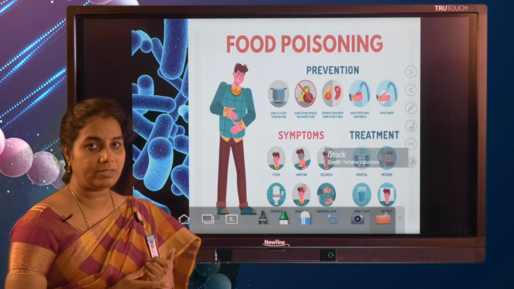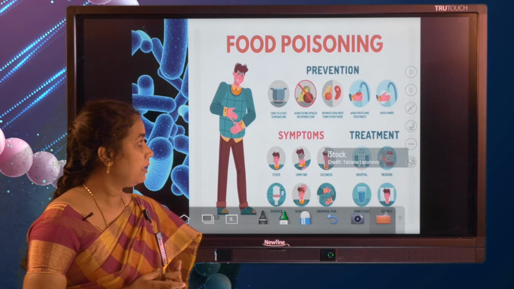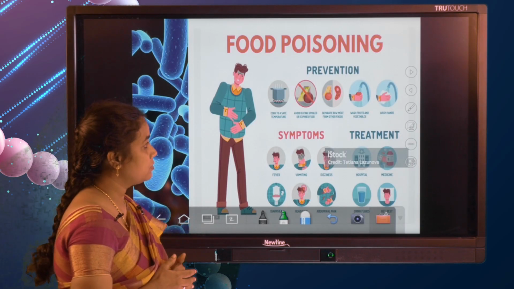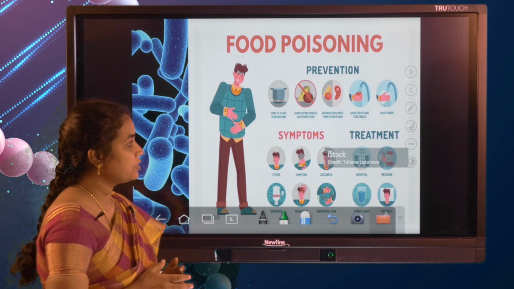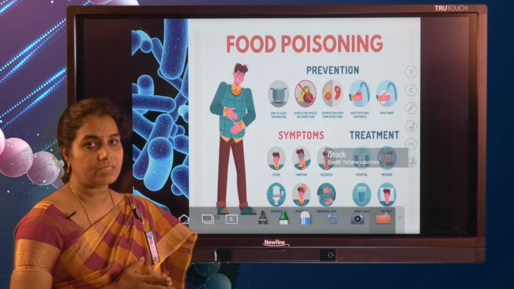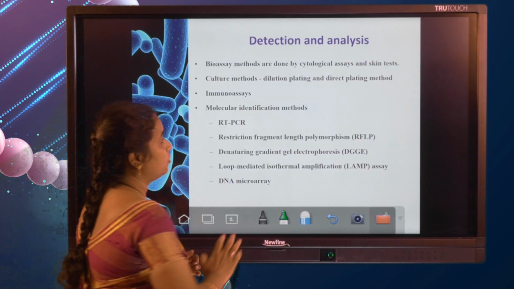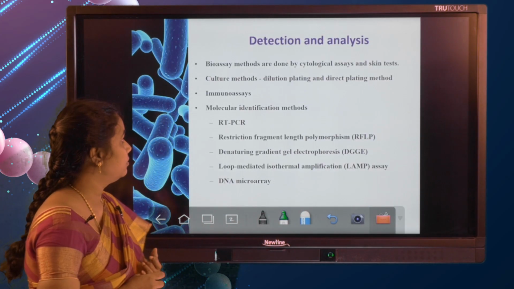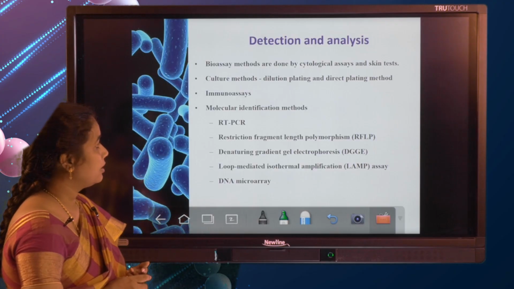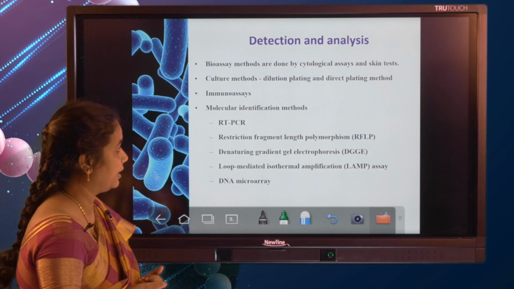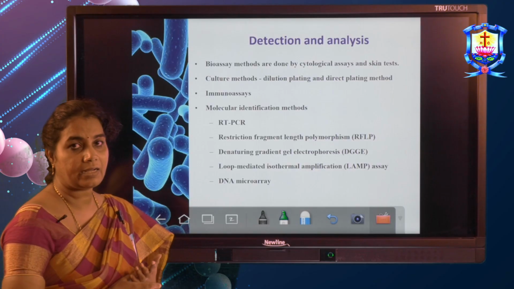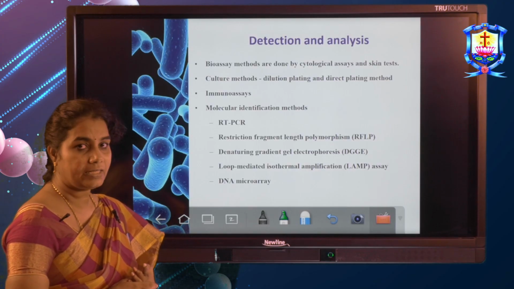That is very important. You can prevent this food poisoning, and you should avoid eating spoiled foods. Washing is a hygienic process wherein you have to wash your hands as well as wash all the fruits and vegetables using clean water. Various detection measures are available, like bioassay methods such as cytological assay and skin test, culture methods like dilution plating and direct plating, immunoassay methods, and molecular identification methods like RT-PCR, RFLP, DGGE and LAMP assay,